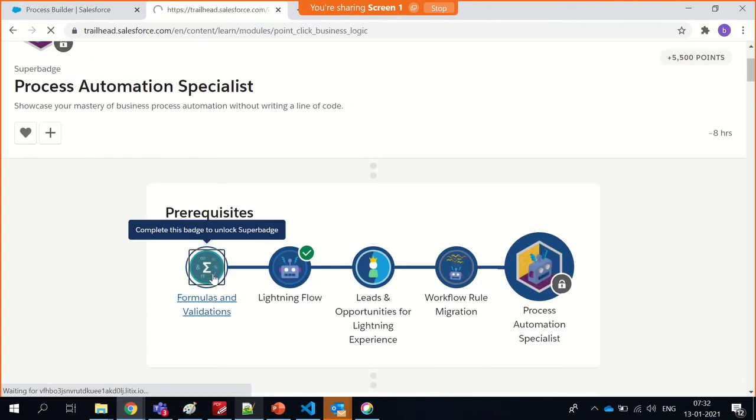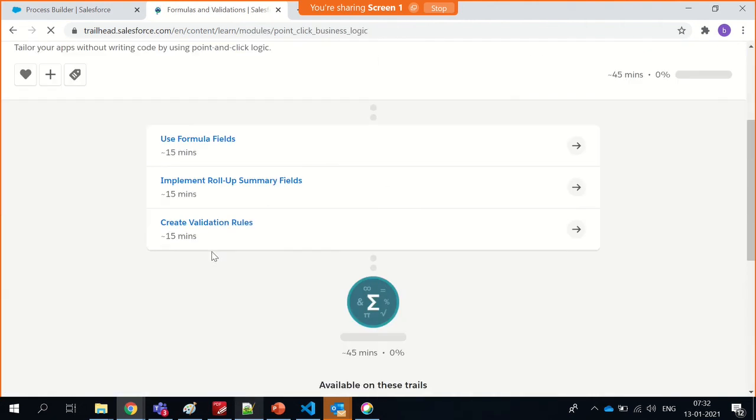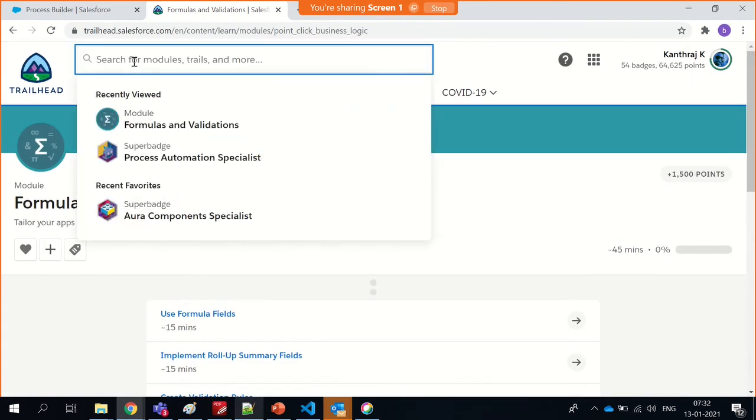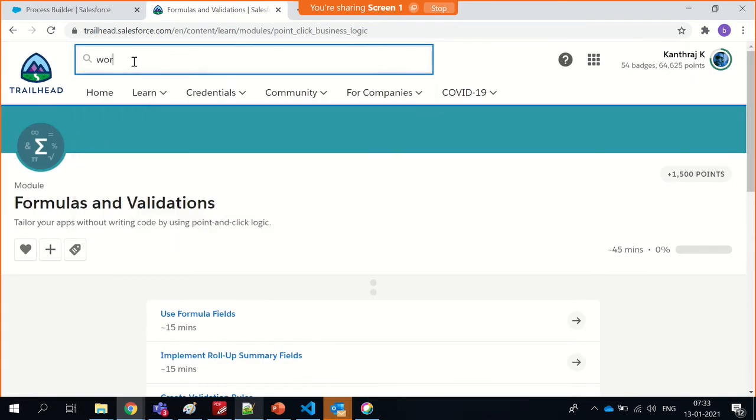If I just jump into the formulas and validations, of course you would have done a course on formulas. So you guys know about it: how to create formulas, roll-up, create validation rules. So this would suffice. And let's say if I say workflow,